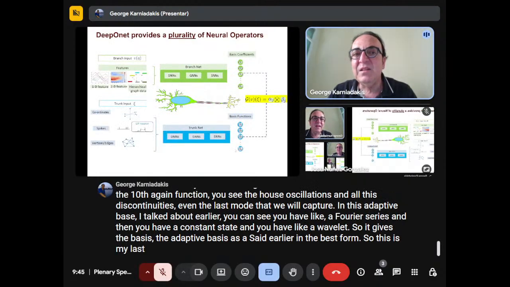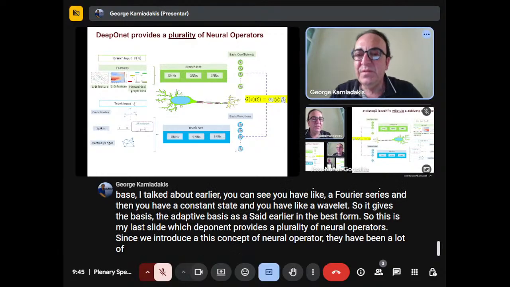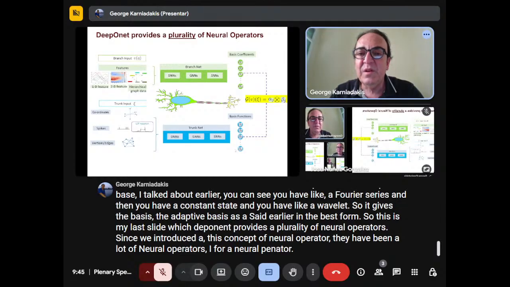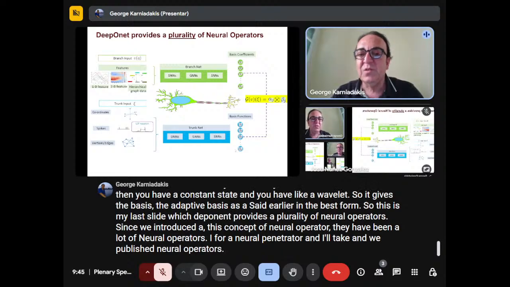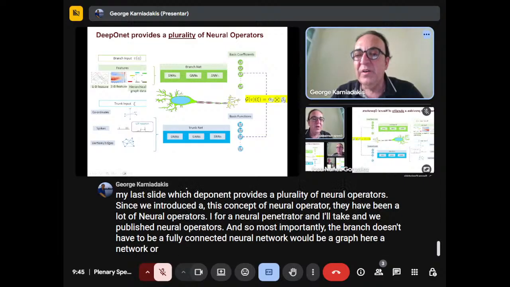So this is my last slide to show that DeepONet provides a plurality of neural operators. Since we introduced this concept of neural operators, there have been a lot of neural operators, Fourier neural operator, and Caltech, and we published neural operators and so on. Most importantly, the branch doesn't have to be a fully connected neural network. It could be a graph neural network or a spiking neural network, which is even more